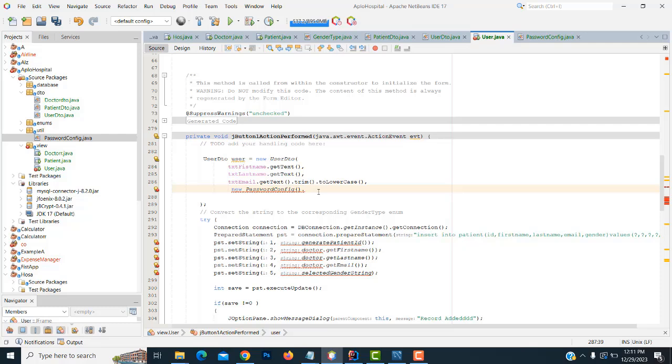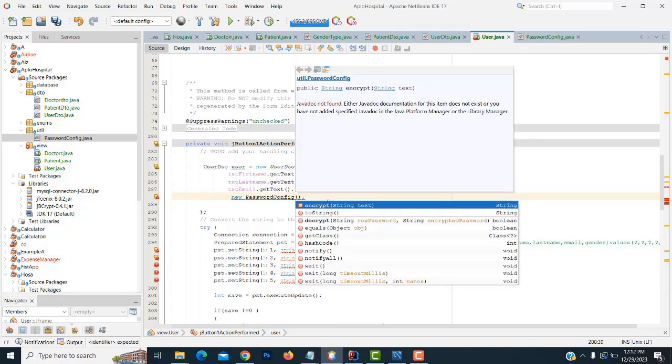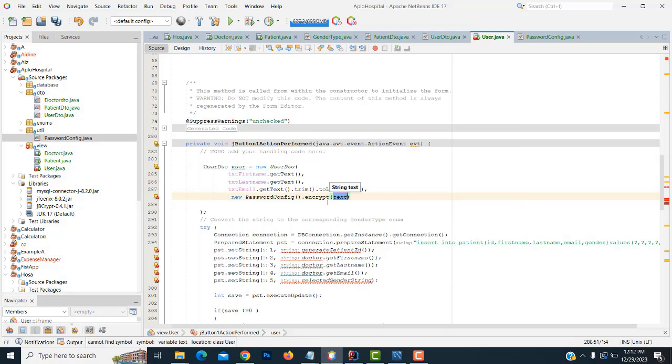You have to write a new password config. What is the thing? It asks to import the package. That's why, right? Dot the encrypt. Here you have to make it as a txt password